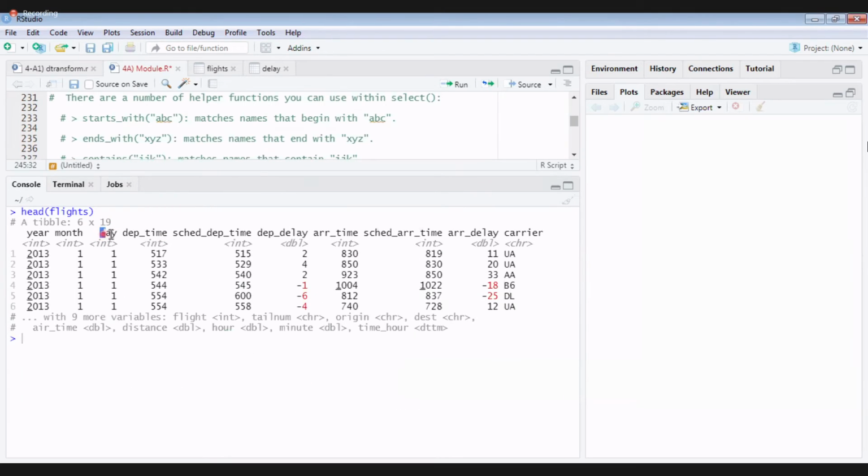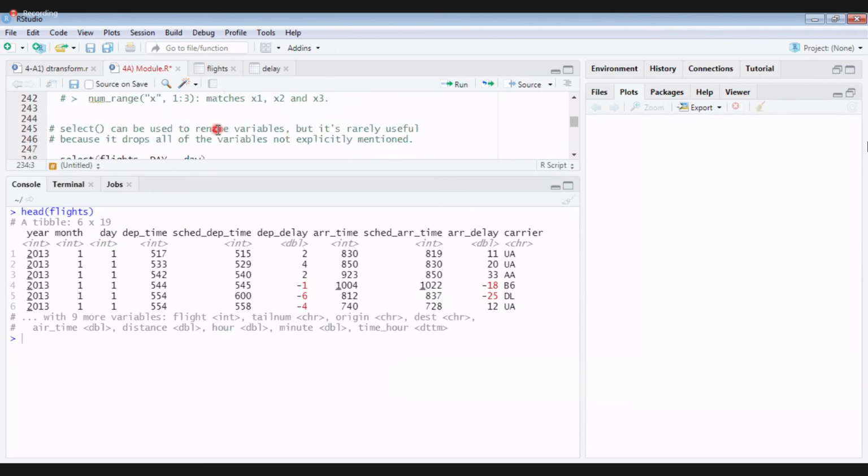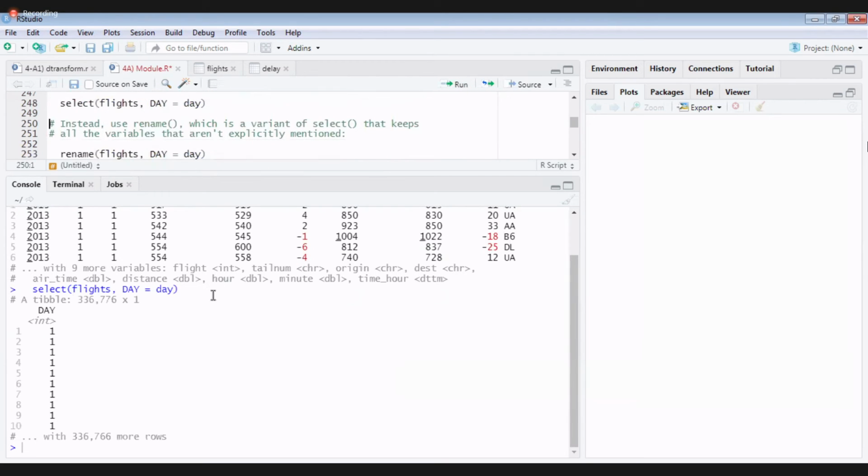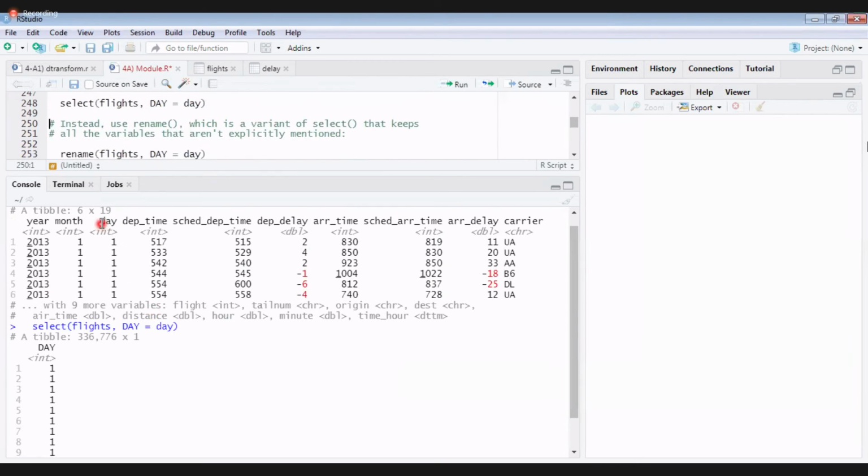Now I would like to convert this small day into capital Day. So I run the command select flights, small day equal to capital Day. I run it. Conversion has happened or not? But what is the difference between this output and this output?